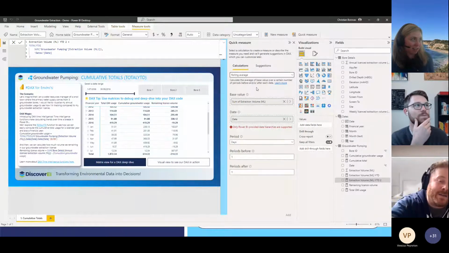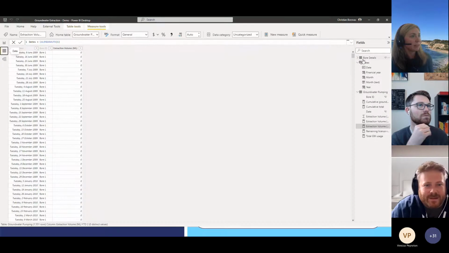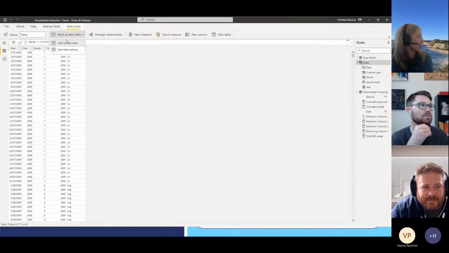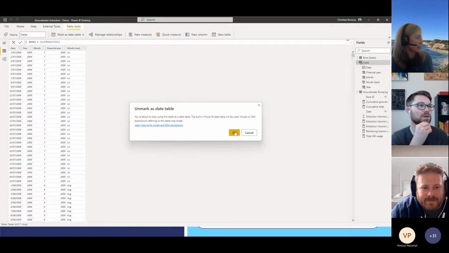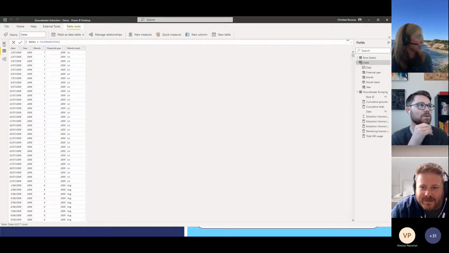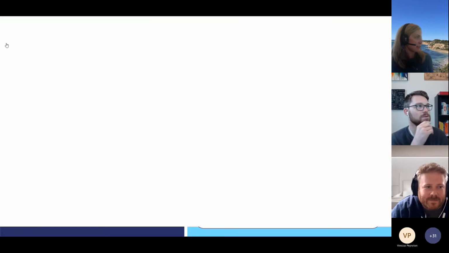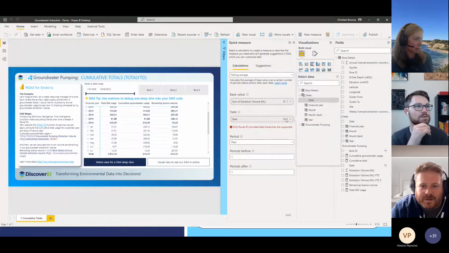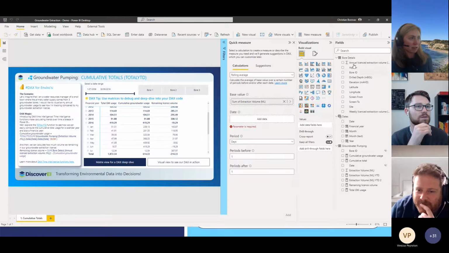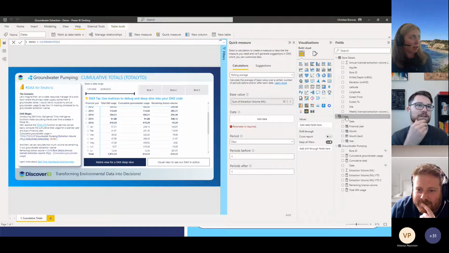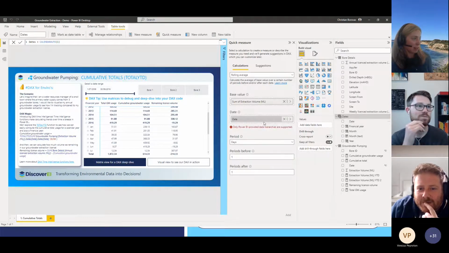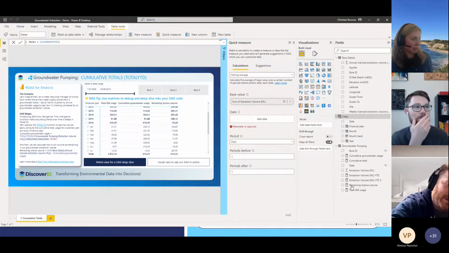So what you do, if you unmark your date table, I think it'll allow it. Okay, and press OK. Oh yeah, unmark. I'm unmarking. And now. Oh, you do have auto date time turned off? You probably do, because you know what I'm doing. Do it. Yep. Can I put that in? No. Yeah. So what it's saying here.